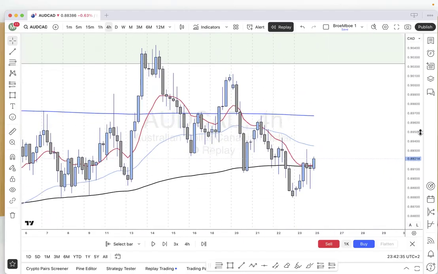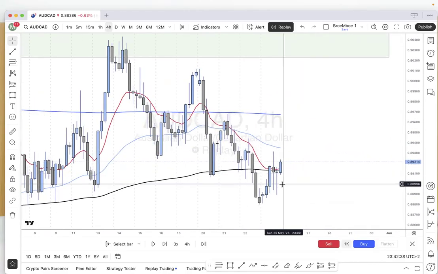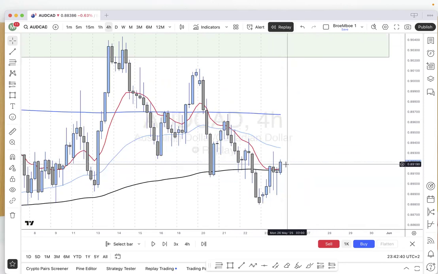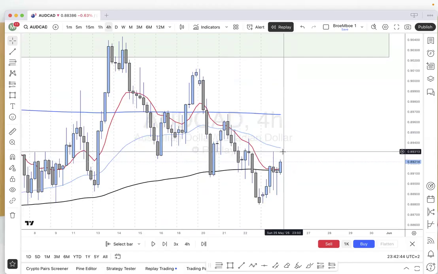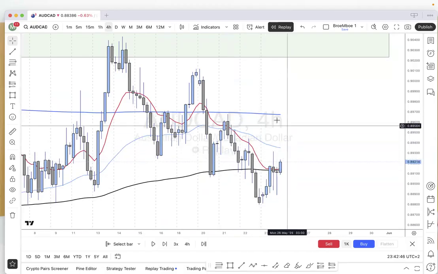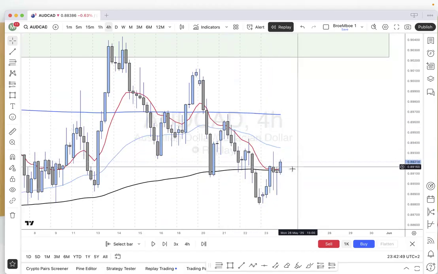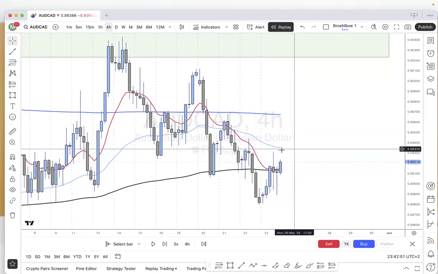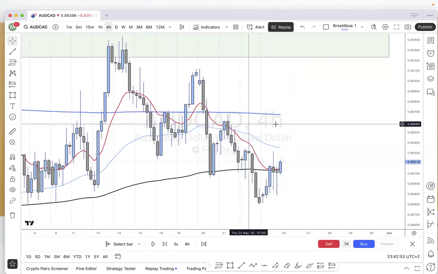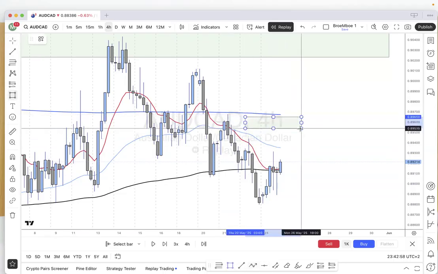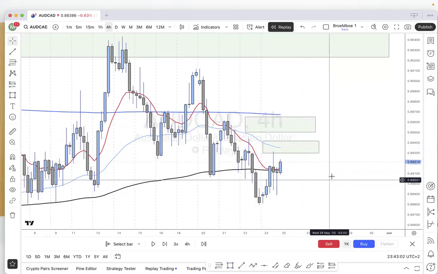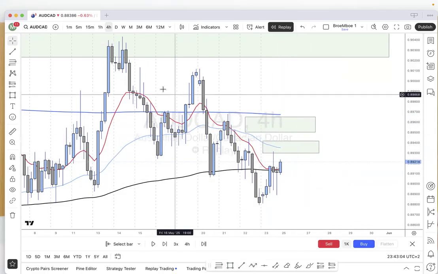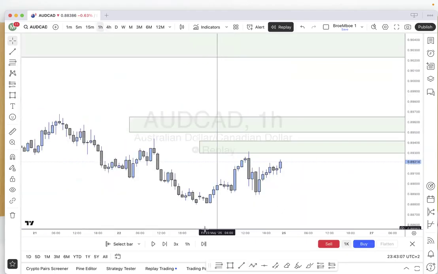This one didn't have the levels like the other pair, but we were expecting price to come back up in these areas, the first one being here and secondly that area right there. So you're expecting price maybe to come back here or there, or where it is now, pretty much. So going into H1,